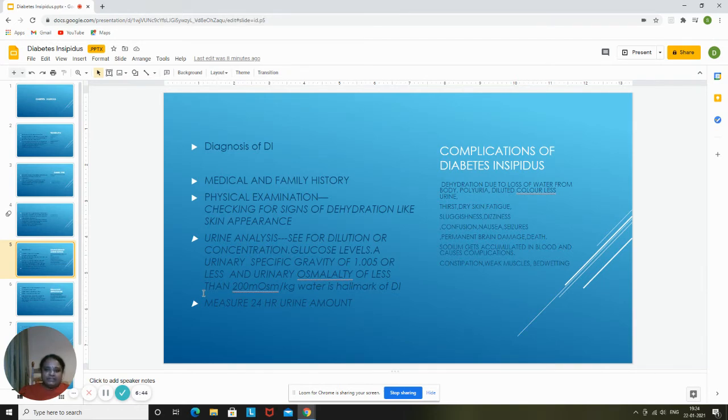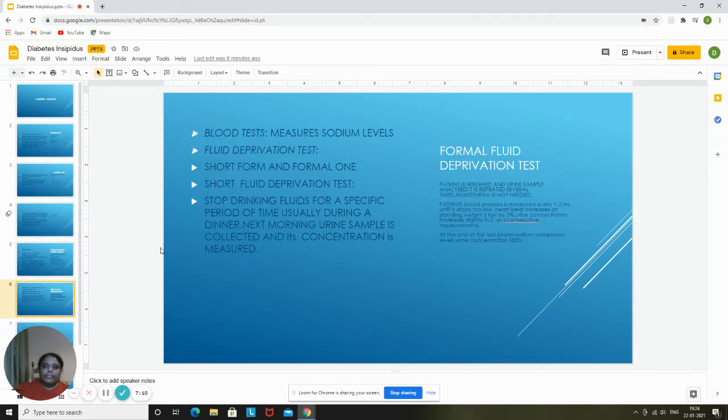See for glucose levels. And a urinary specific gravity of 1.005 or less, and urinary osmolality of less than 200 milliosmoles per kg water is the hallmark of diabetes insipidus. So, and also you can measure the 24-hour urine amount. And another blood test you see is to measure sodium levels. So you're going to do a blood test to measure the sodium levels, and you're going to do something called a